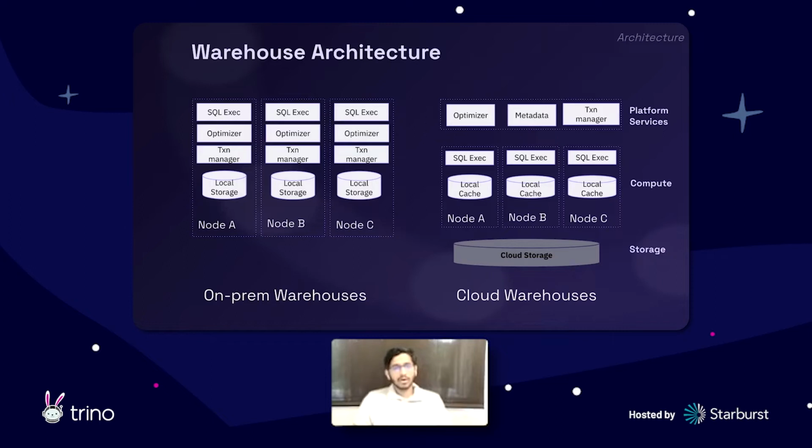This way, the large benefit was for all those users who weren't able to scale their warehousing needs. The cloud storage provided infinite elastic scaling of storage, and this decoupling of platform services and being able to spin up different compute virtual warehouses meant that you could have a lot of flexibility in how you share the same data across different teams. You don't have to copy data around now. And with cloud, you have on-demand pricing. This pretty much has revolutionized warehousing as we know it in the last 10 years.